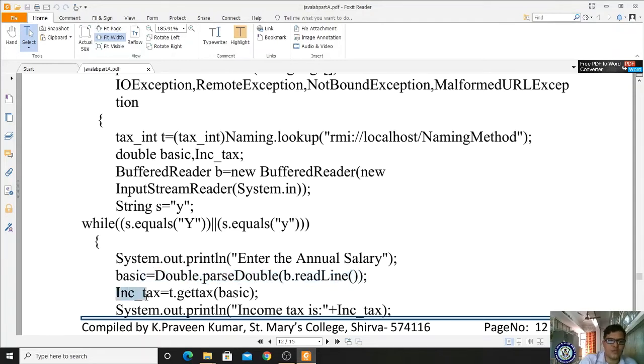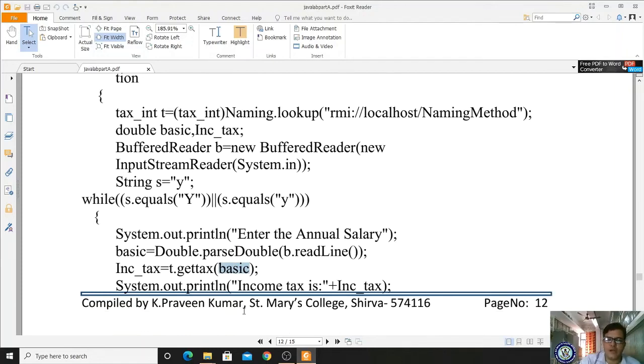Now we have taken the inclusive tax as a double through this object. What is this object? t. t is the object of the implementation interface class. t.getTags, you are calling that method. The getTags method exists in your interface and you are supplying the basic salary, whatever value you have read from the keyboard.